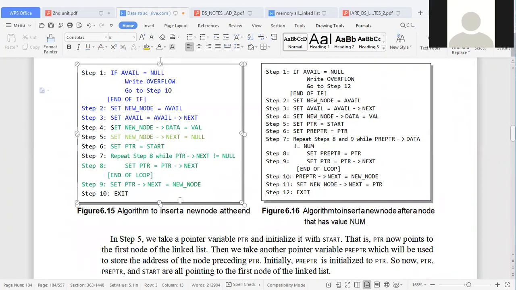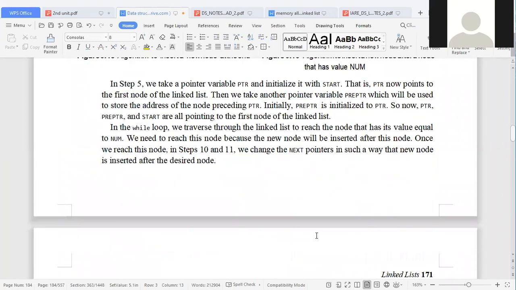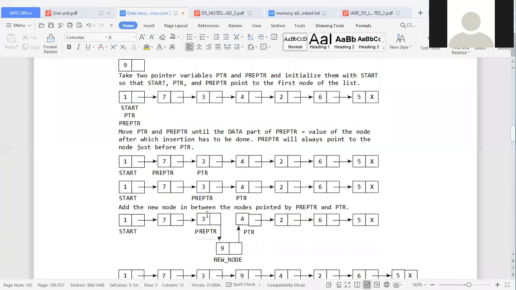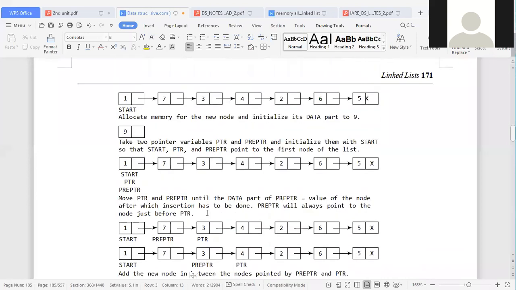Okay, then we add a new node after a node already existing in the linked list. A new node has to be added after one node. So first understand the diagram for that. So this is the diagram. Yesterday I showed you we are supposed to move the pointers. First create a node from the memory and then adjust the pointers. So how to adjust the pointers? That is what I am going to show you now.